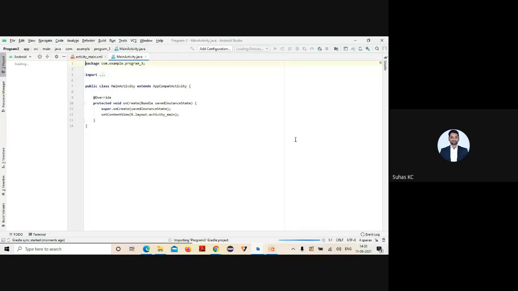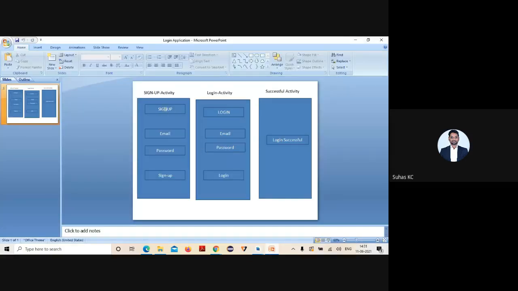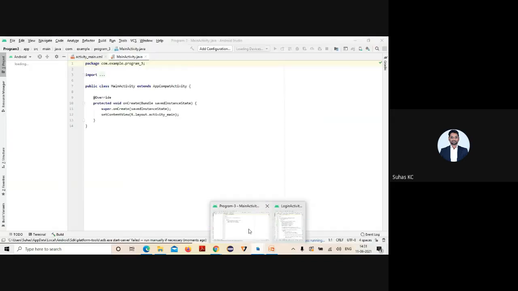Now as per the design, whatever I said, we are first going to create your sign up activity. So you need these components: one text box to display the sign up activity message, 2 edit texts, one for your email and one for your password to read the input, and one more thing, your button, to take to your next page. These things we will create in your first activity.